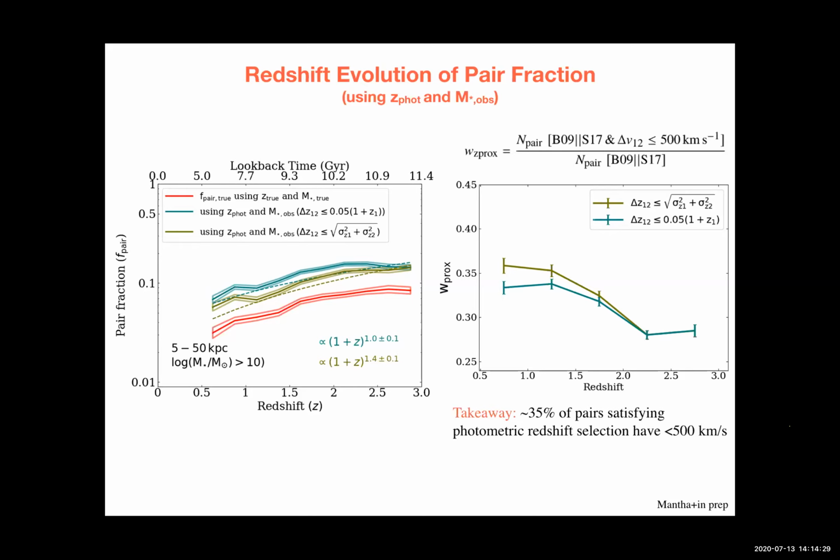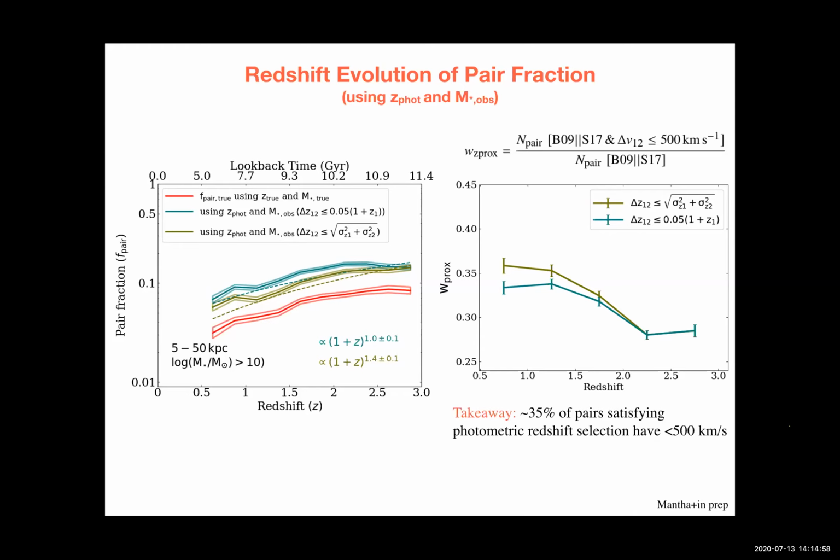On the right-hand side plot, I'm illustrating the effect of incorporating such photometric redshift selections into pair selection functions. On the y-axis, I'm showing the quantity W prox, which is basically the fraction of galaxies selected based on your photometric redshift selection that have a small velocity, less than 500 kilometers per second. So basically the punchline of that right-hand side plot is that 35% of the pairs selected based on photometric redshift